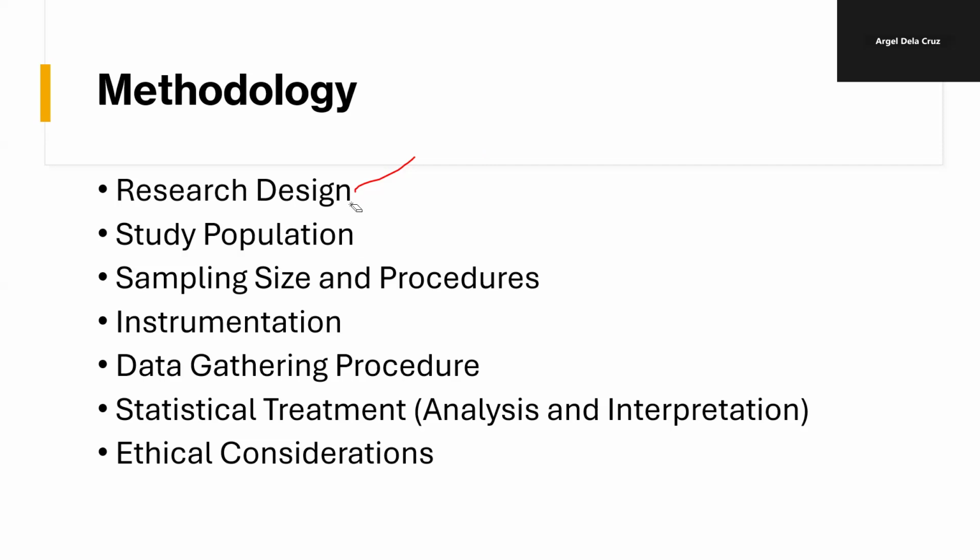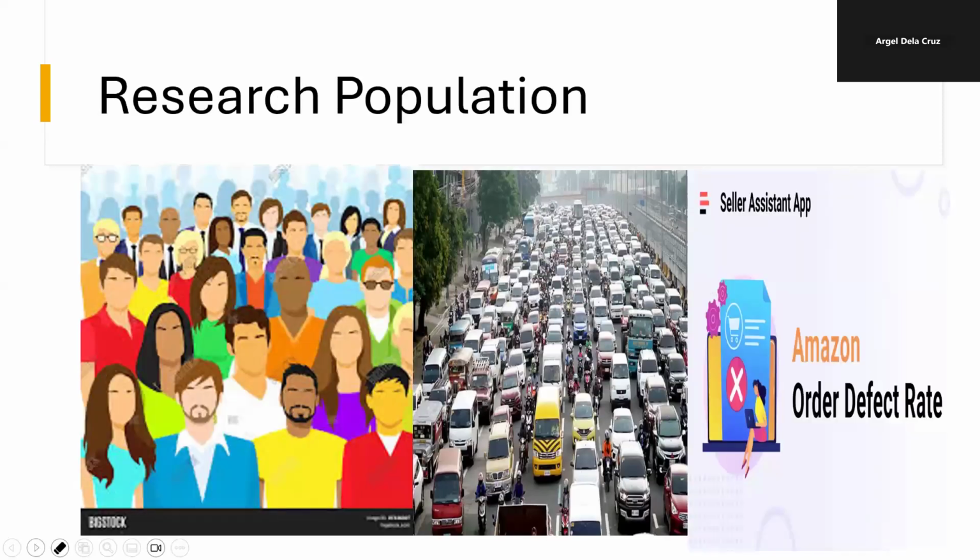We are now on the study population. So study population, kung ano yung pinag-aaralan natin. So now what is our study population? Your research population is basically what you're trying to research about. So this is the concerned group of people, objects, data or phenomenon that you're trying to look at. Now, most of your papers will focus on people, or yun nga, tinatawag natin respondents or participants.